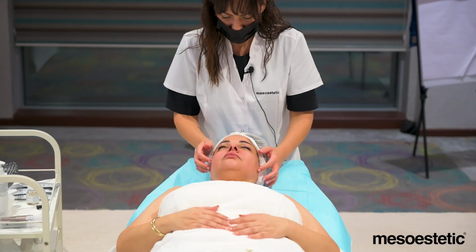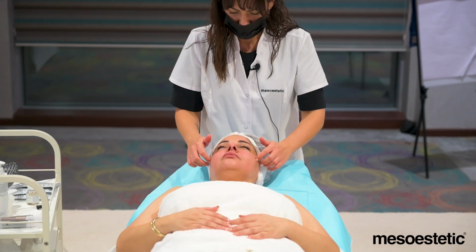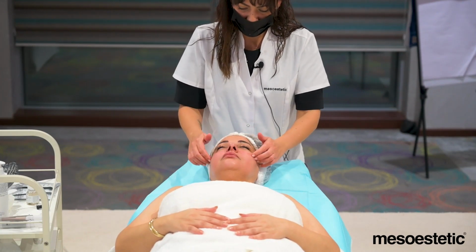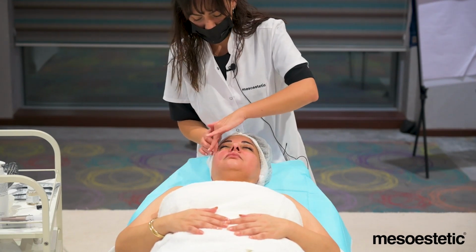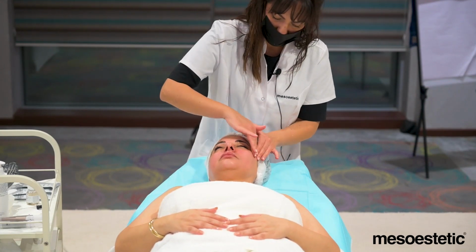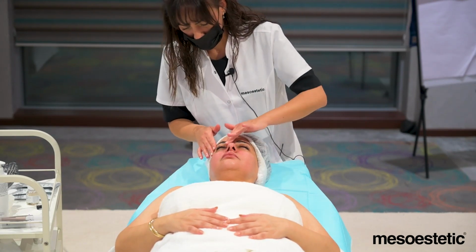Okay, so from here, we will do a soft movement, and we would draw like an 8, like an infinite sign, okay? That is very relaxing, so good. And after this,